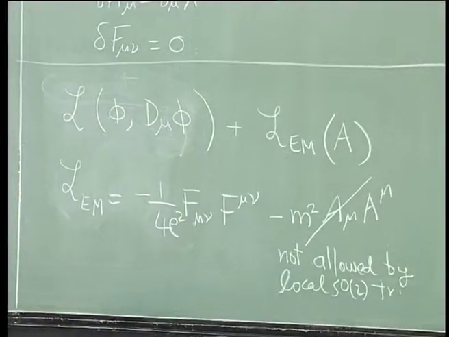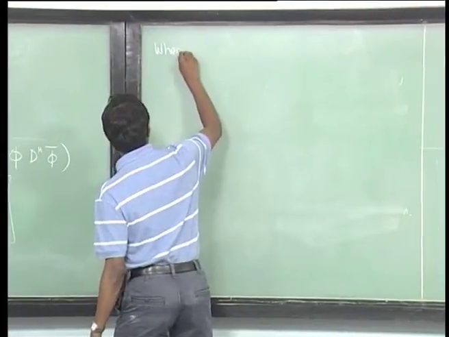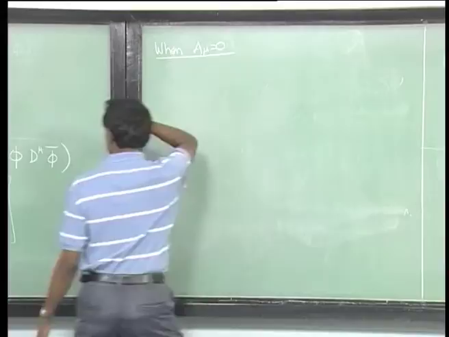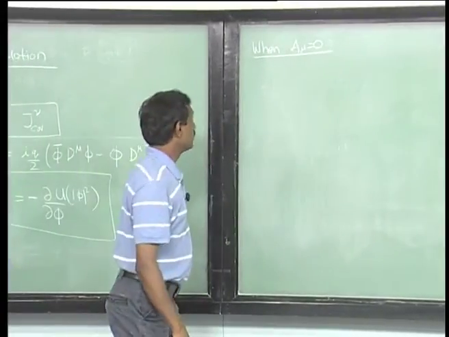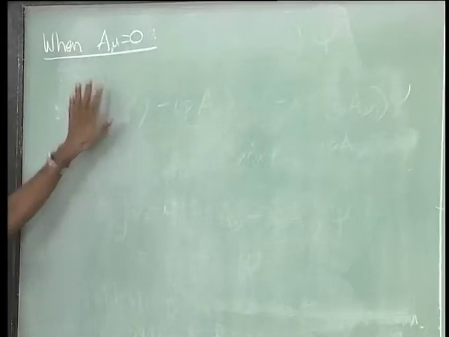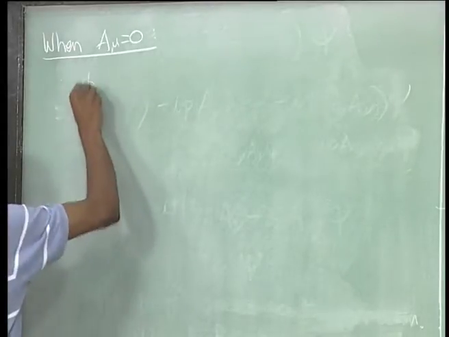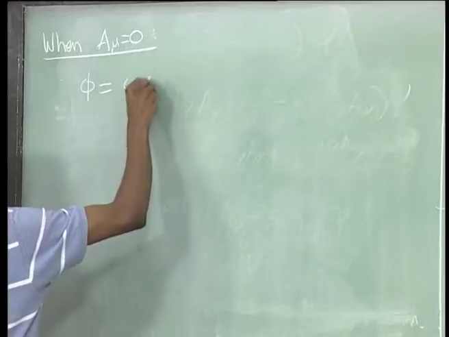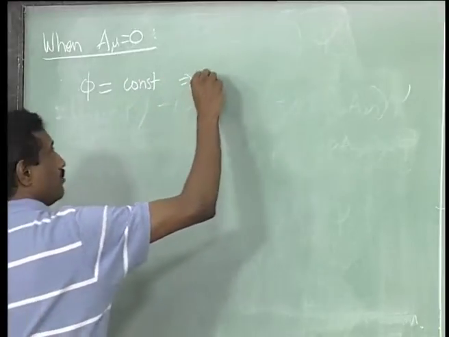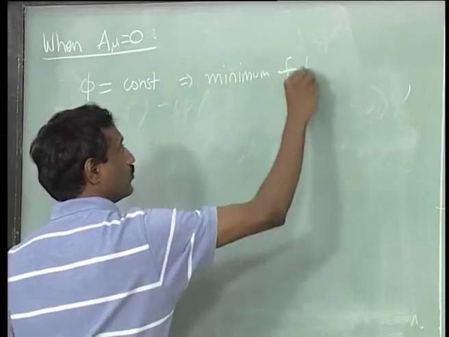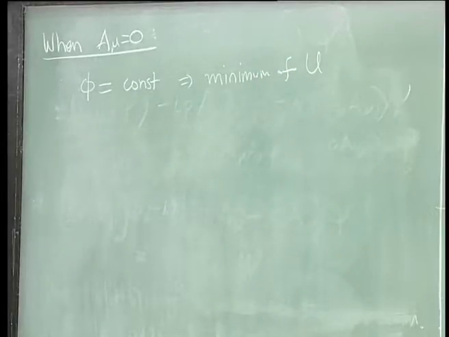So, let us say that when mu is 0, then we are back to the old classical vacuum, and what was it? You look for phi equal to some constant, and it was the minimum of U. This is what we would have chosen. Okay. And so